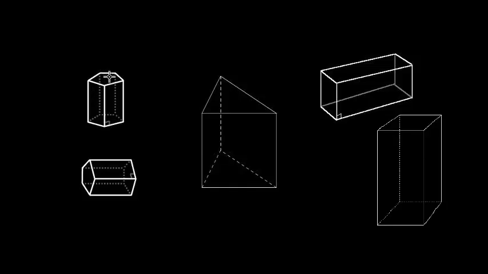Here our base is our pentagon shape for top and bottom. When that prism is on its side, the base is still that pentagon shape. For a triangular prism, your bases are your triangle shape, and then your sides, your lateral sides, are all in the shape of rectangles. If we have a rectangular prism, it doesn't really matter what we choose to be our